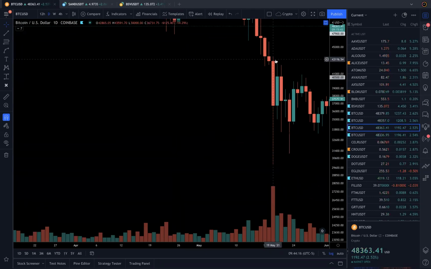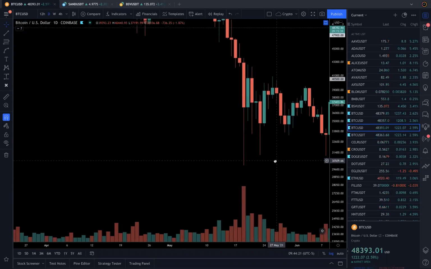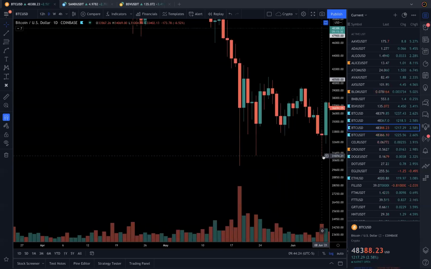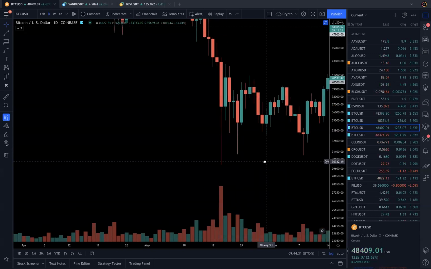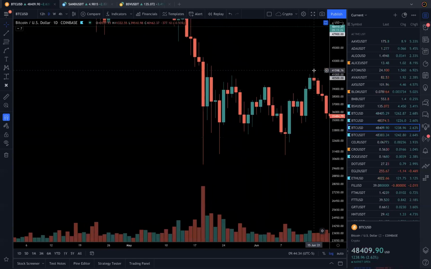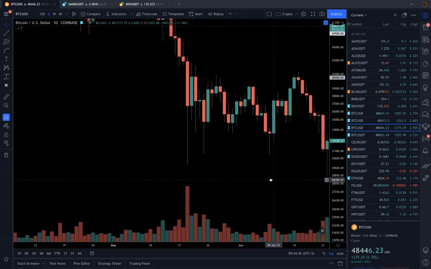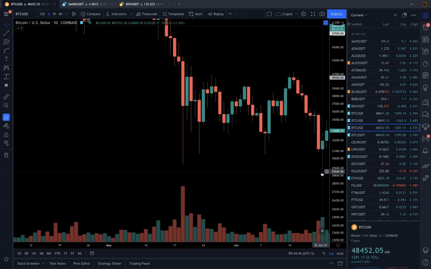It bounced, it didn't make a new high, you see, and it came down, but not deep enough. Then it progressed, it made a new low, but more or less the same, new with respect to this, but almost the same as this. And then it bounced, it made a new high. Look at this, this one is higher than this too. That's good news, and you get happy. And then here you get the surprise, a big surprise. Not just this low, it broke this one as well. Of course, an intraday move, not the end of day closure.